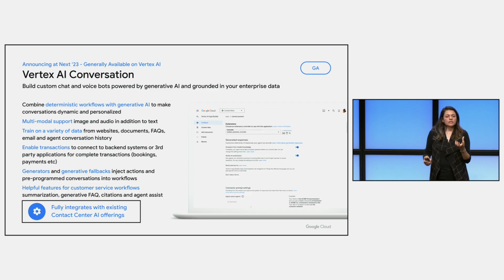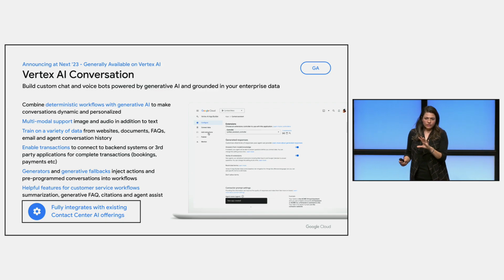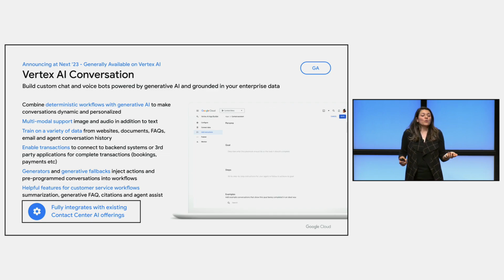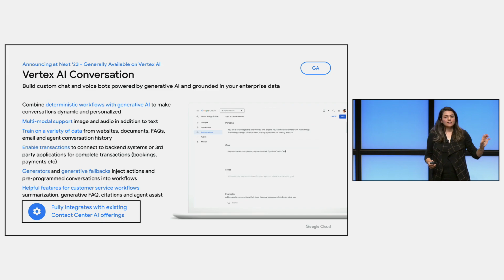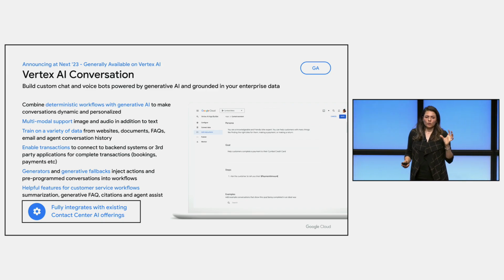But when it's conversation, it means that it's multi-turn. It has all the context of the conversation that you've had before, and it can also make transactions. For that, you probably don't need an LLM. If I want to just make an API call, as long as it identifies what API it needs to call, right? So that's the full suite of components that you would need for building a full solution.